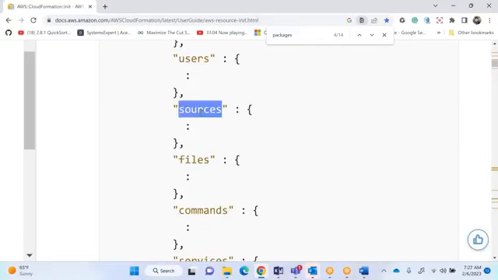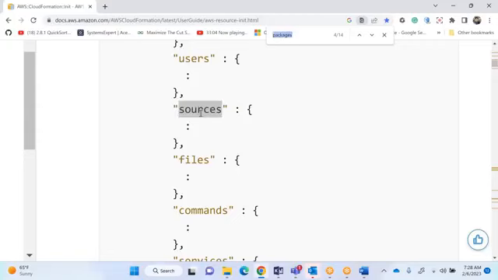Then the next one is source. What is this source? Where do you download your SAP application from? Packages can be downloaded from yum install or package managers, ready-made packages. How do I install SAP application? Where is my SAP application? Either your total application will be present in GitHub, or in S3. You develop your application and keep your binaries, artifacts and everything in the source. Then you need to download that source into your local system, right? SAP servers or anything. How do you download? You mention the URL here, source and destination, and it will automatically download.